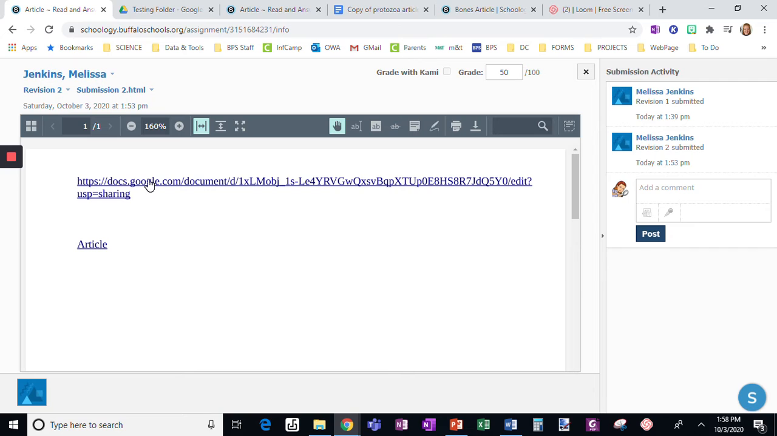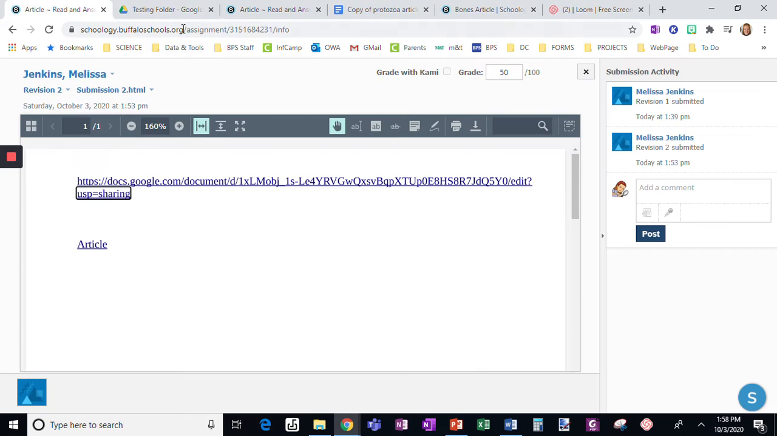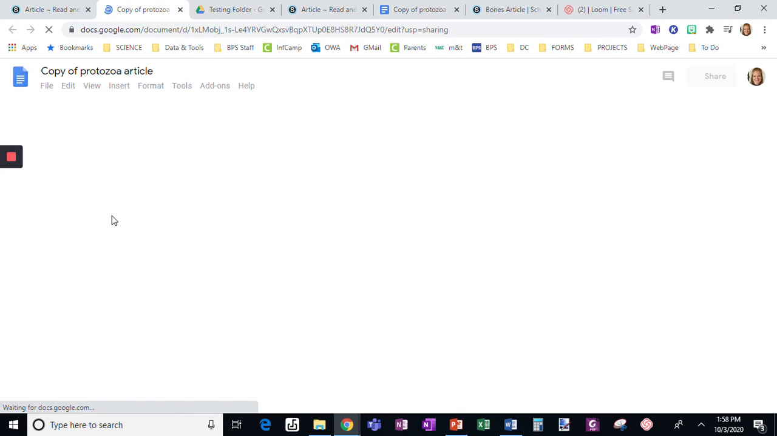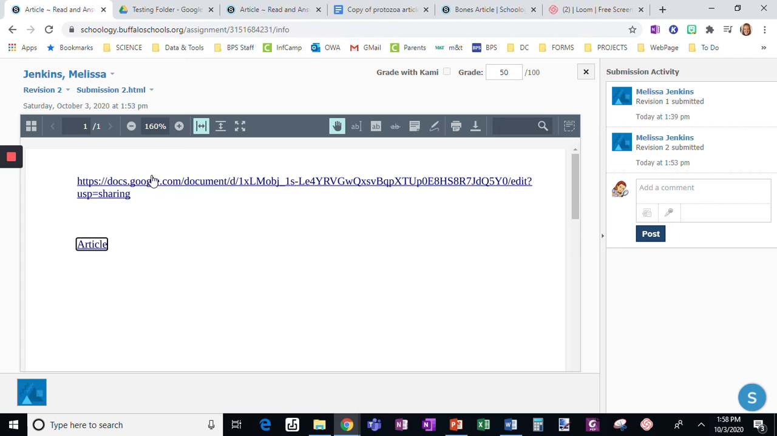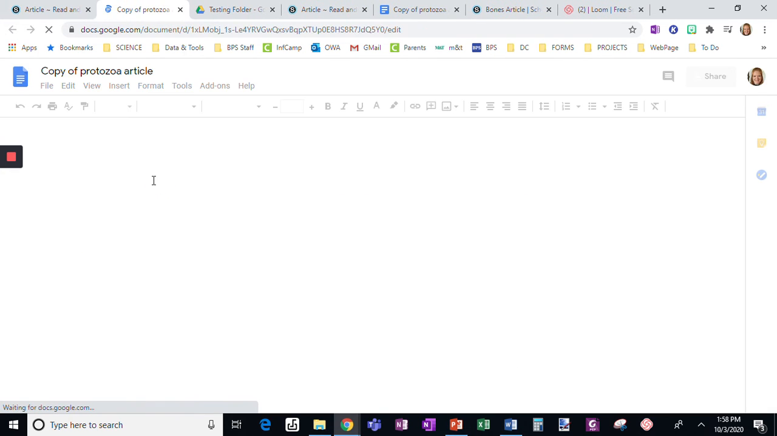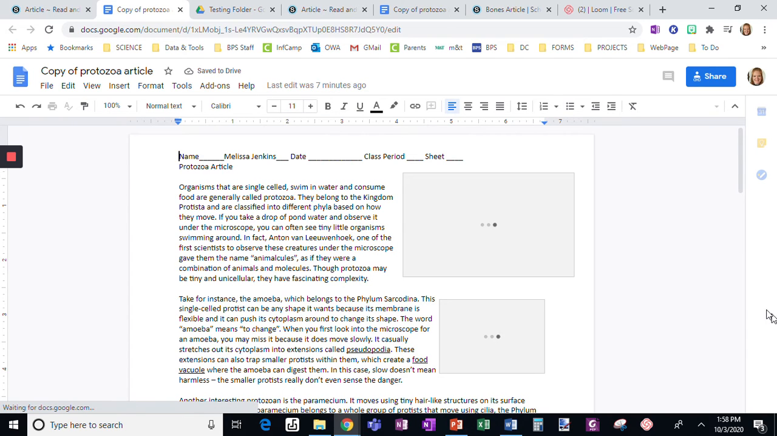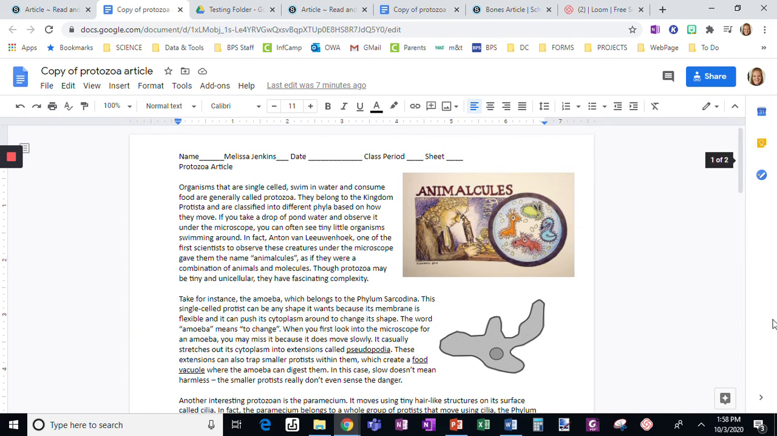And remember, I submitted it two ways. You can see both end up as clickable links. So this is a clickable link. This is also a clickable link. So it doesn't matter which way the students do it, you are going to be able to see it the same way. So I'm going to click it, open it, and